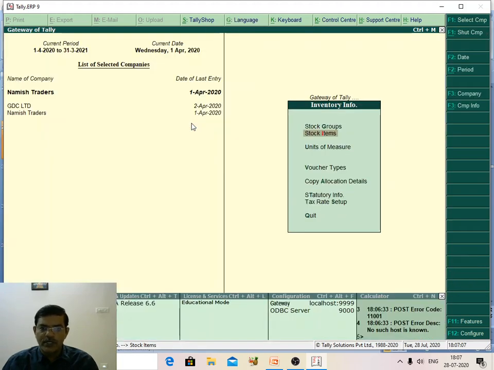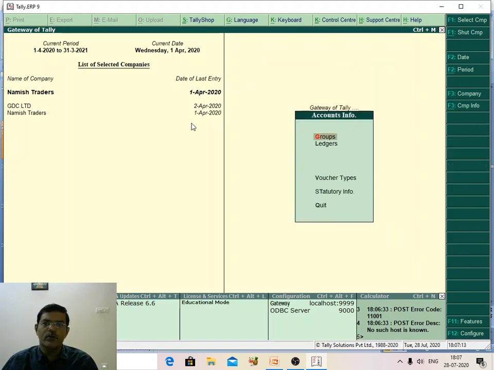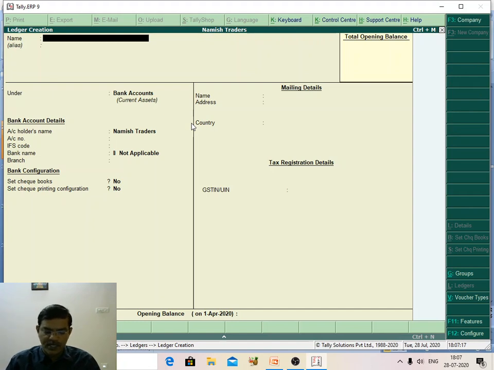Next I need to create two ledger masters. How can we create? Same: accounting info, ledgers, create. First I am creating the purchase ledger. Purchase accounts.